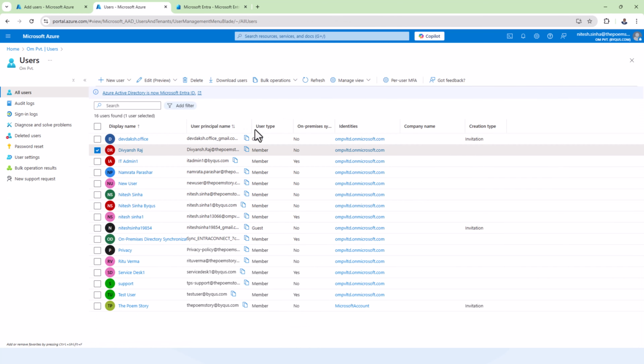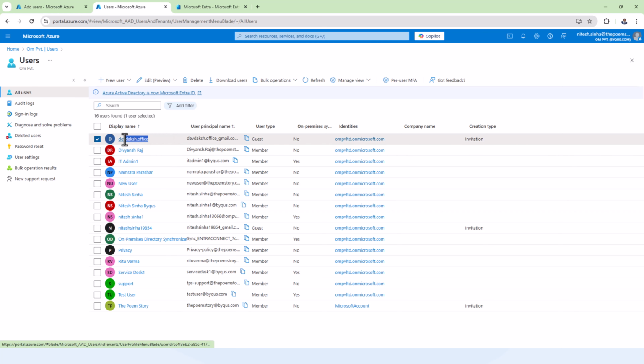Okay, now you have user type. Why I selected user type? Because it is well defined in my environment. Guest member, member, guest. So it is a mix. So if you select this user,